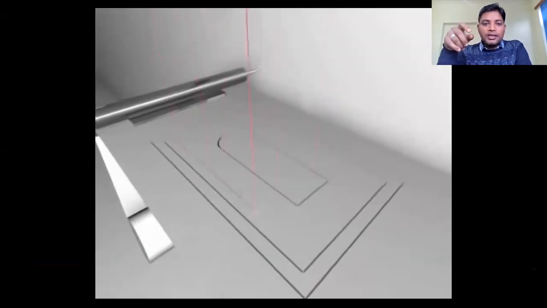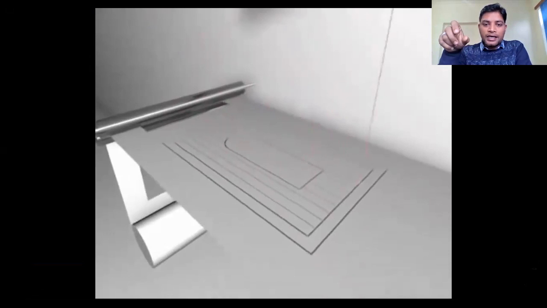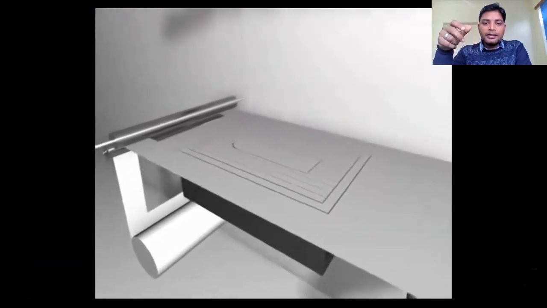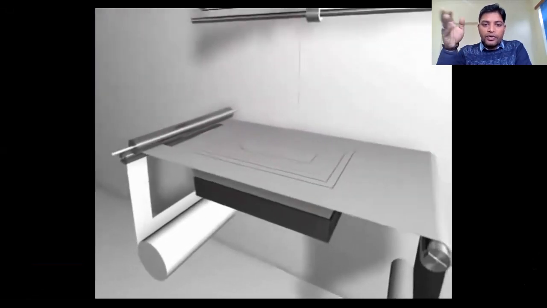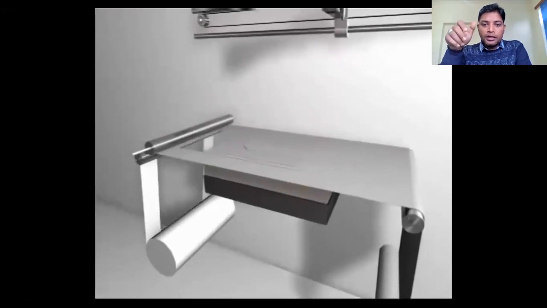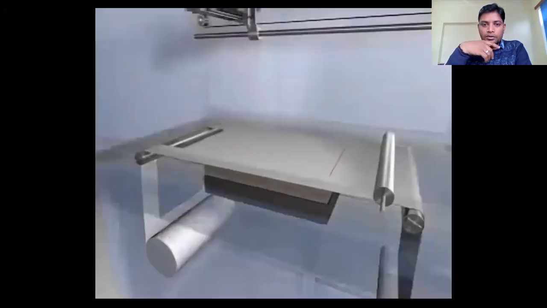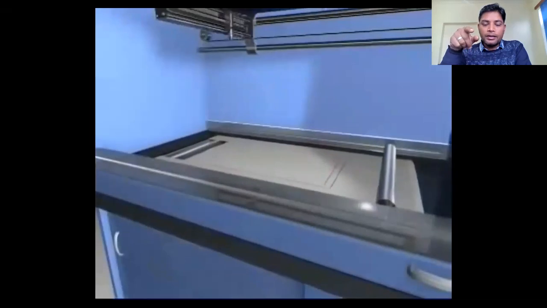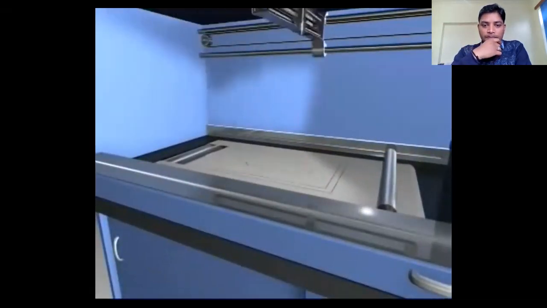Actually, it is making these boxes, small squares. The reason is that at the end, when we have to remove this amount of material, we can easily remove it. That's why it is making small squares.